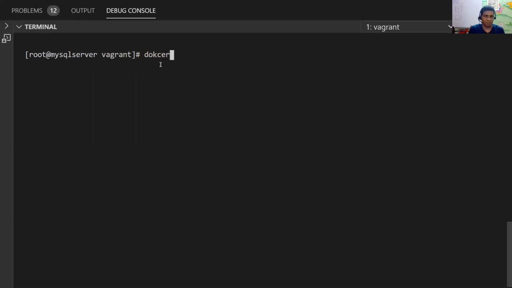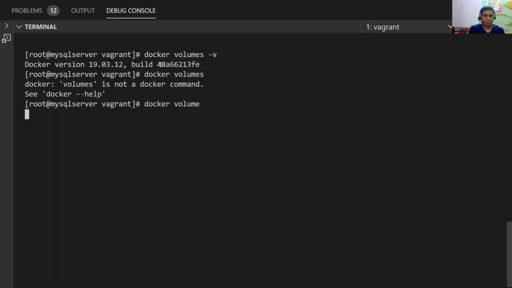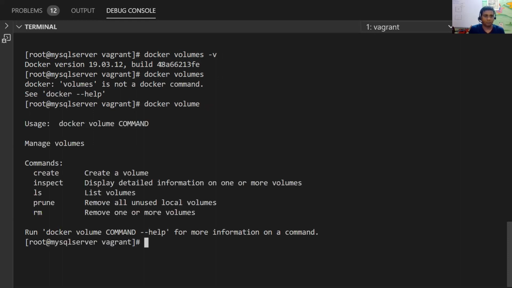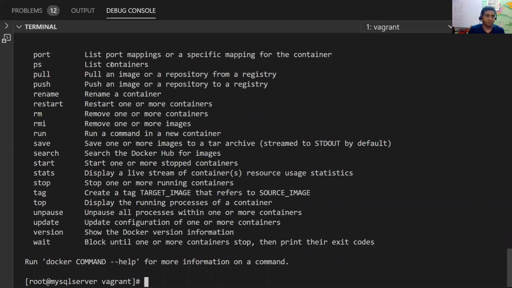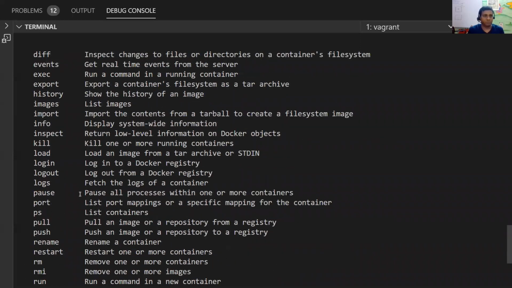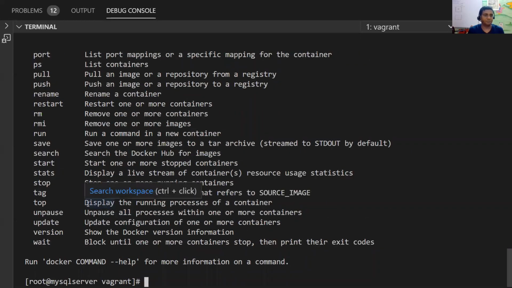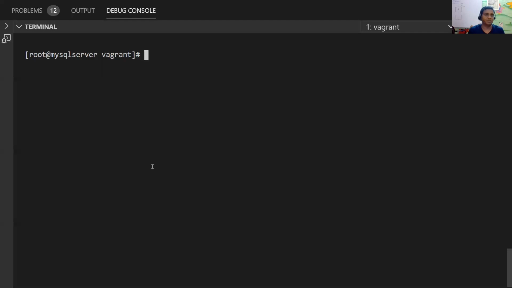Docker volumes. Sorry for the blunder, I just forgot the volume command which will show what the persistent volumes are.